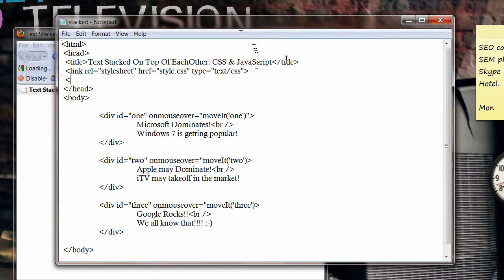So how do we do it? We should write the code inside header tag, script tag. We should tell what type of script it is, text slash JavaScript. src is the source, the location of our JavaScript file. It has a closing script tag.